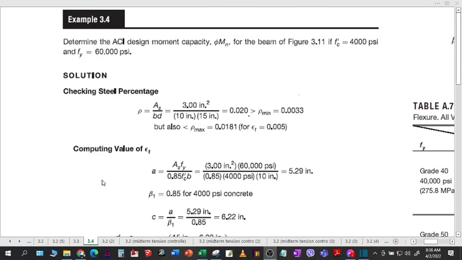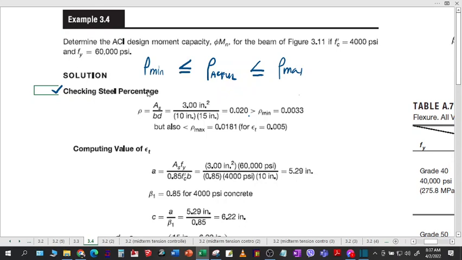The first step here is to check the steel percentage. Before we can compute the φMn, we have to check the steel percentage so that we will know if it is within the permissible values in the code. So for the actual steel ratio, we have to compare it with the maximum and the minimum. It should be less than or equal to the maximum, and greater than or equal